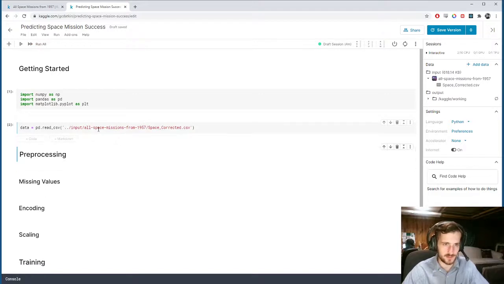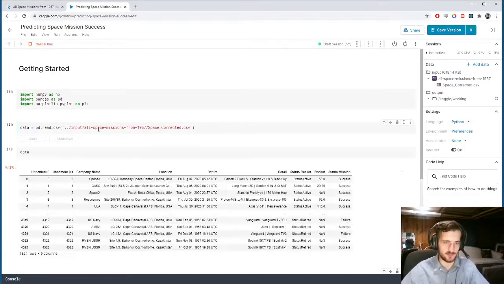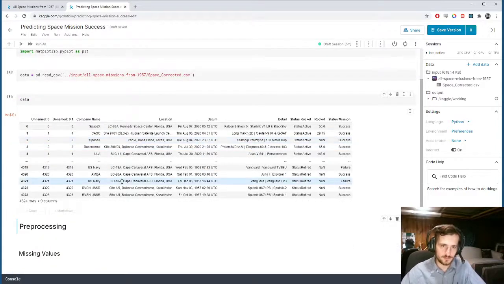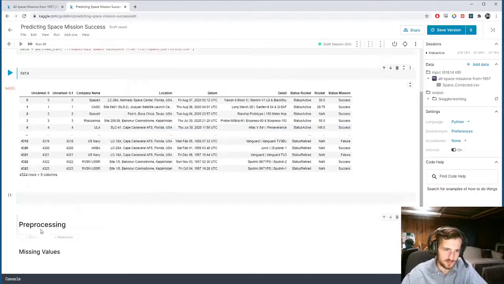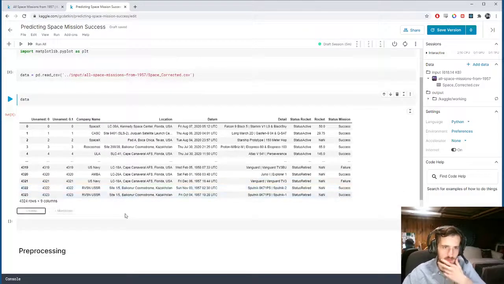Okay, so as we can see, we have 2 columns here